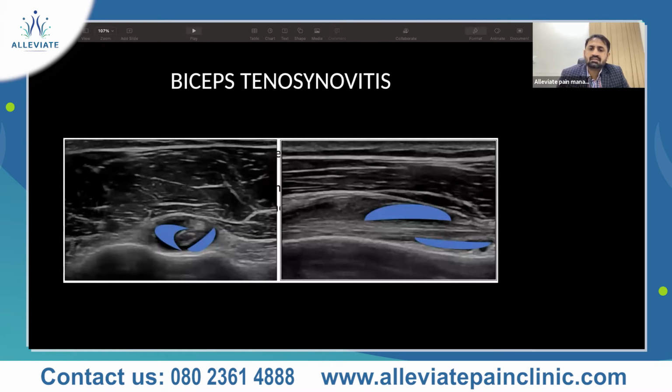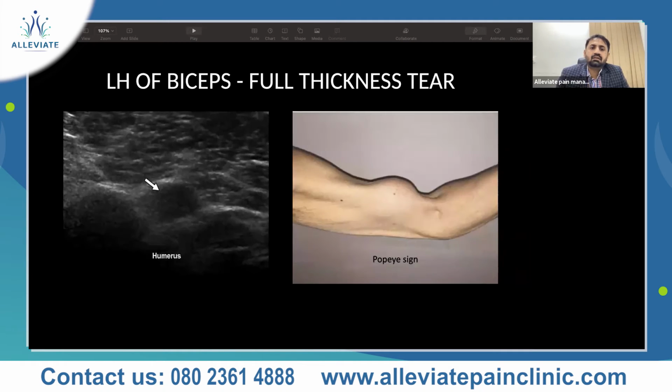Again, this is how you need to evaluate when you're doing a long axis as well. Go down till the myotendinous junction. Here the long head of the biceps is completely absent. Sometimes you're not able to see the biceps as such. Anisotropy can be there. It has to be very particularly seen, and you need to orient your probe accordingly. But still, if it's absent, then the Popeye sign, because there is downward retraction of the biceps, is a very typical sign of complete rupture.